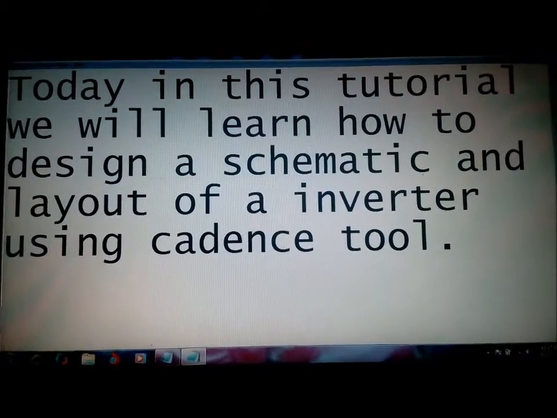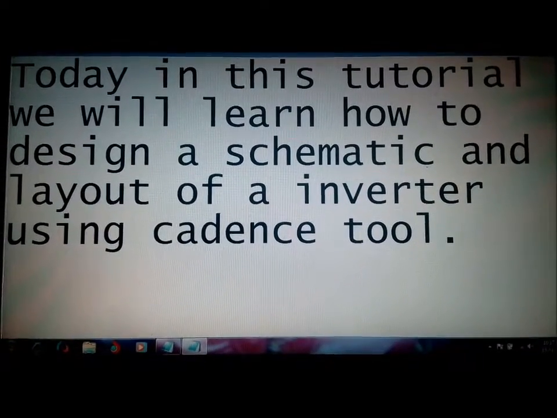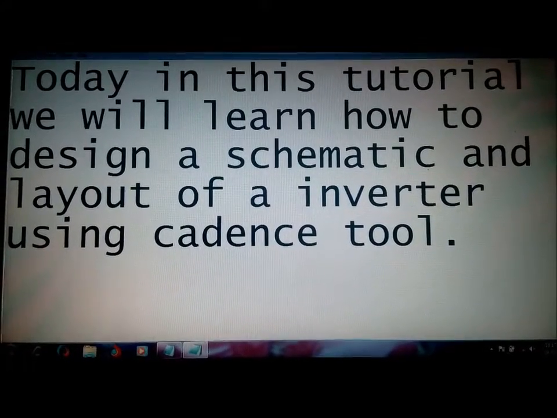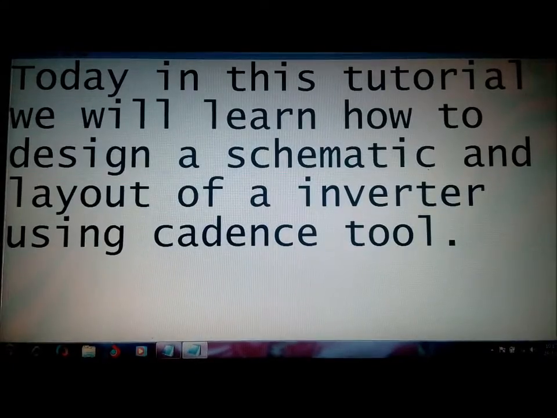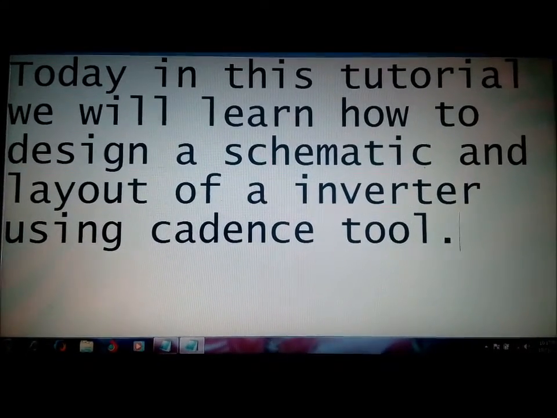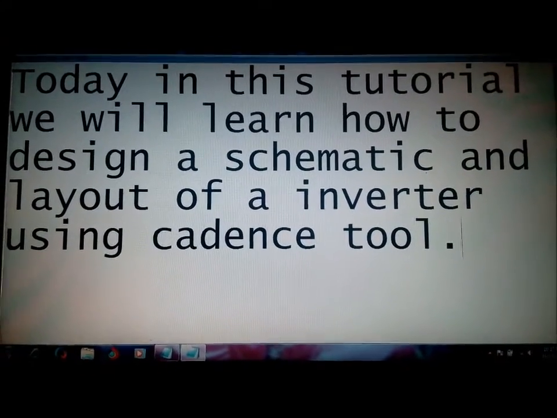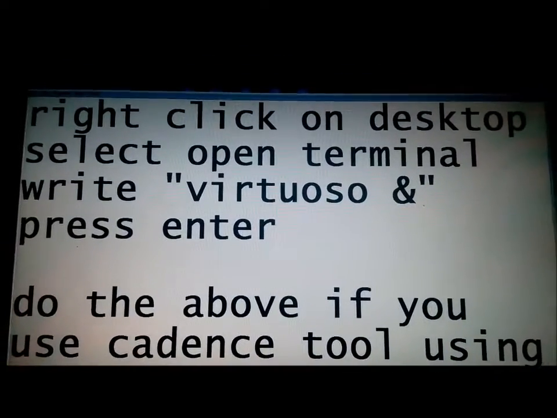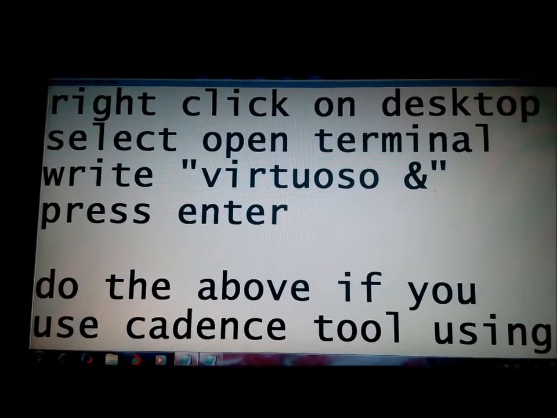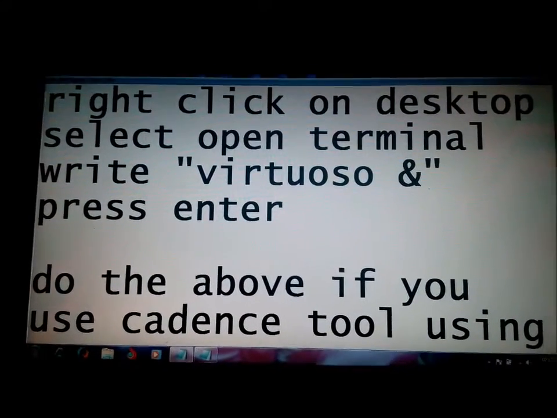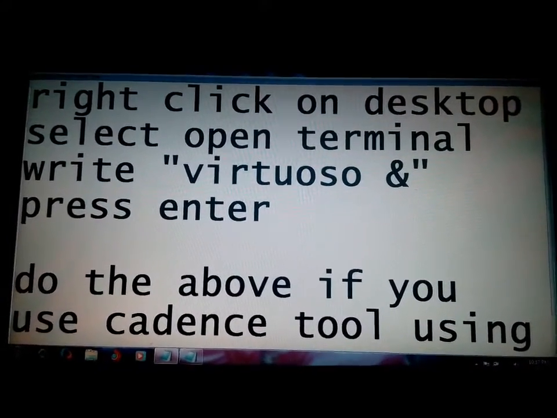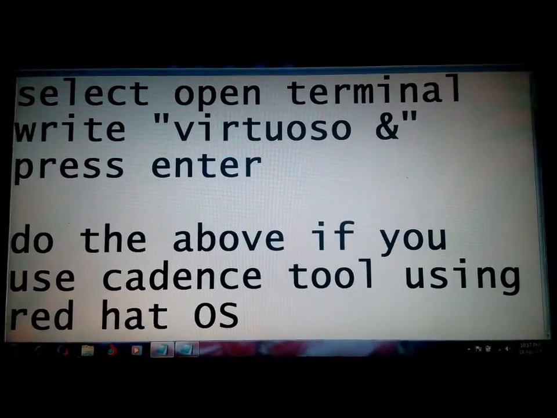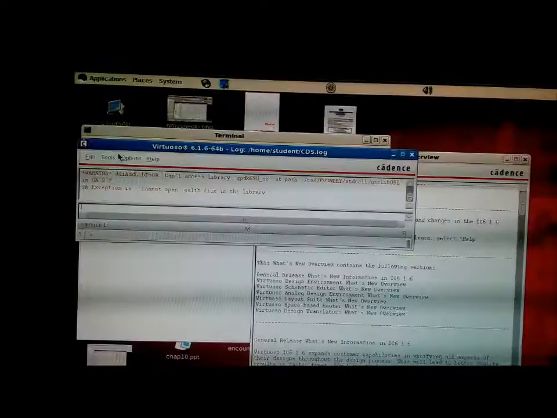Hi to all. Today we are going to learn how to design an inverter and how to draw its layout using Cadence tool. So first right click on the desktop, then you will get an open terminal. Click on open terminal, then type Virtuoso ampersand. Then you will get a window as appeared in the video. Then click File, New,